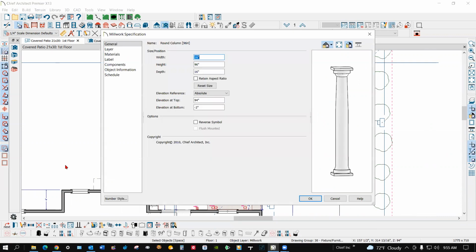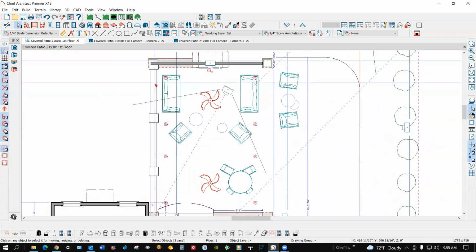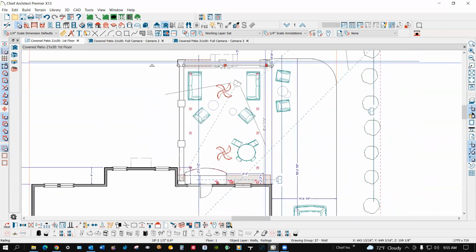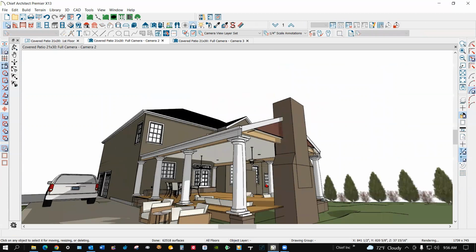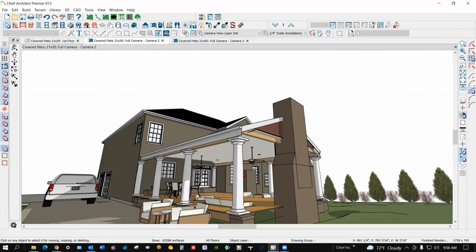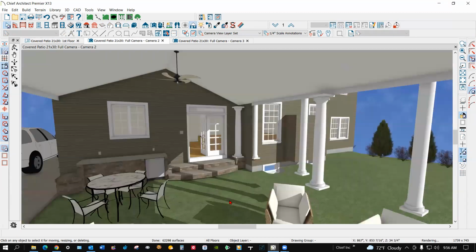What's that? Oh, okay. Yeah, these that you placed manually, I'm just going to delete them. And we'll take this wall. Okay, so these columns are coming in on our walls. And see,